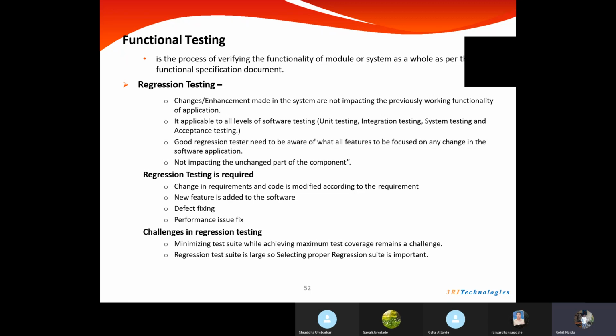Okay. New feature is added to the software, defect fixing. Yes. Let's say in the same release itself, if the release is very huge, or if the release has 300 to 400 test cases, and there were some defects, and after the bugs have got fixed, then again we will do a small kind of regression testing to ensure that after the defect got fixed, no other functionalities are disturbed.